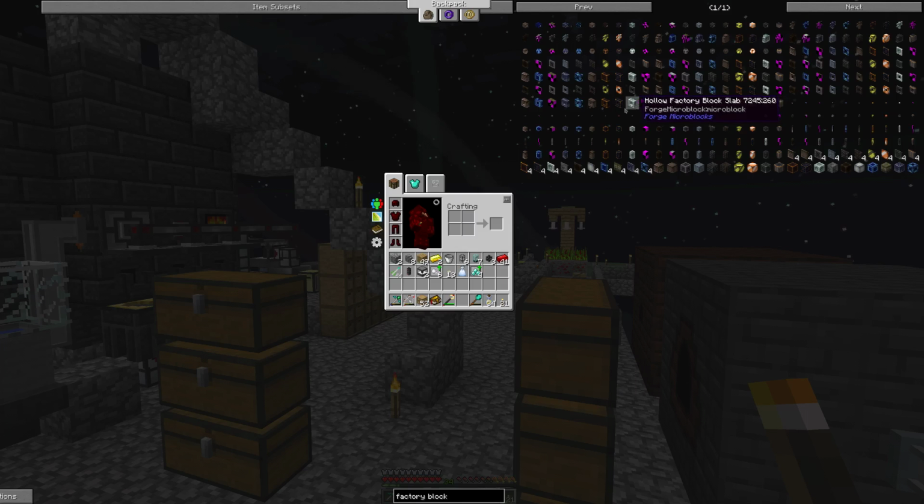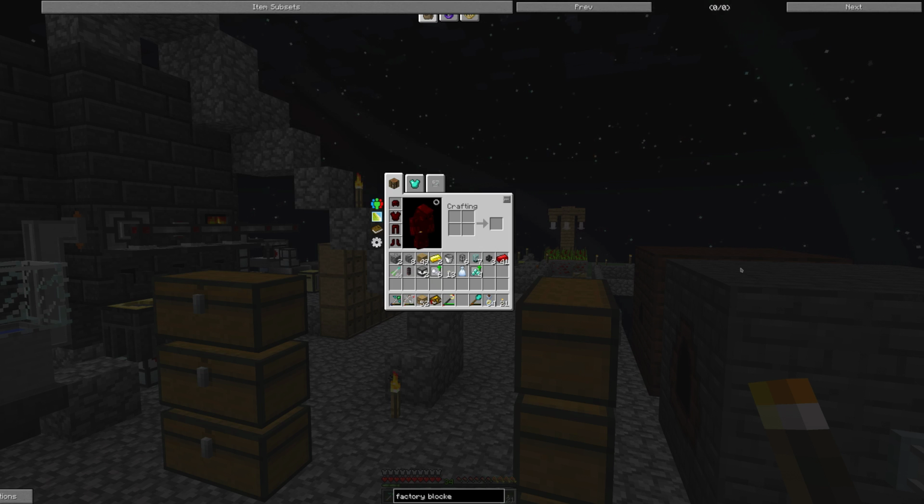I wish I could remove all this Forge micro blocks crap. Like, not as a mod, but from the NEI. Anyway, there's these blocks here, metal plates, yellow black hazard, and these neon blue plating and stuff. They're pretty cool. So I'm thinking about making like an artificial metal